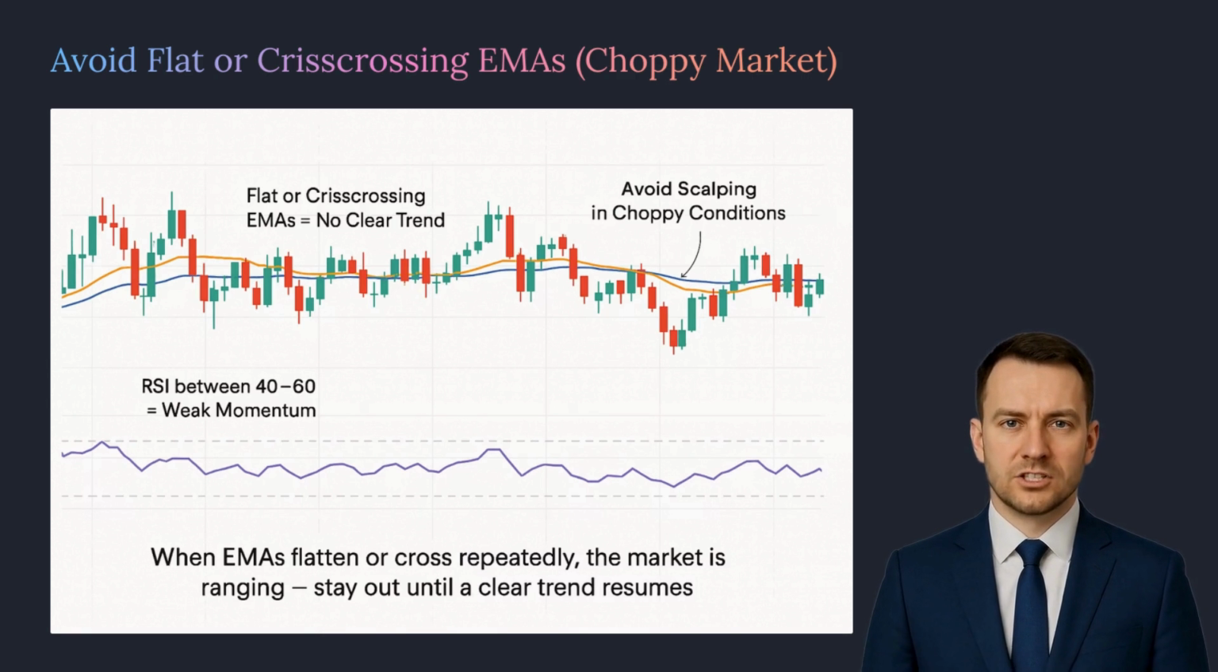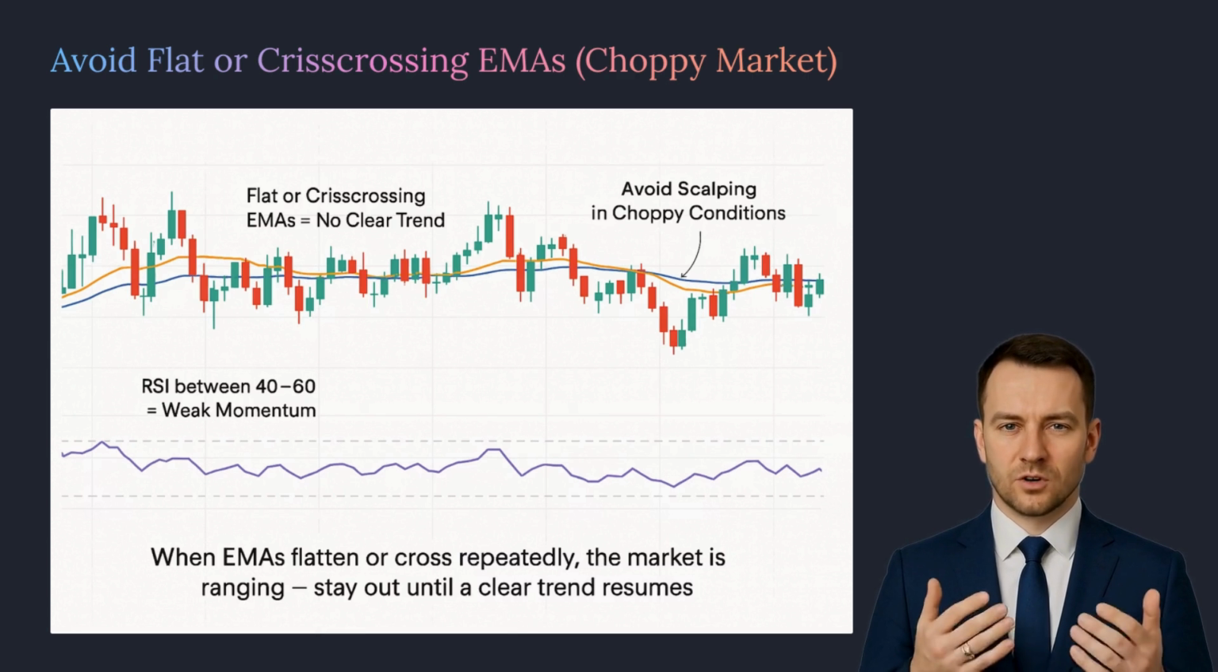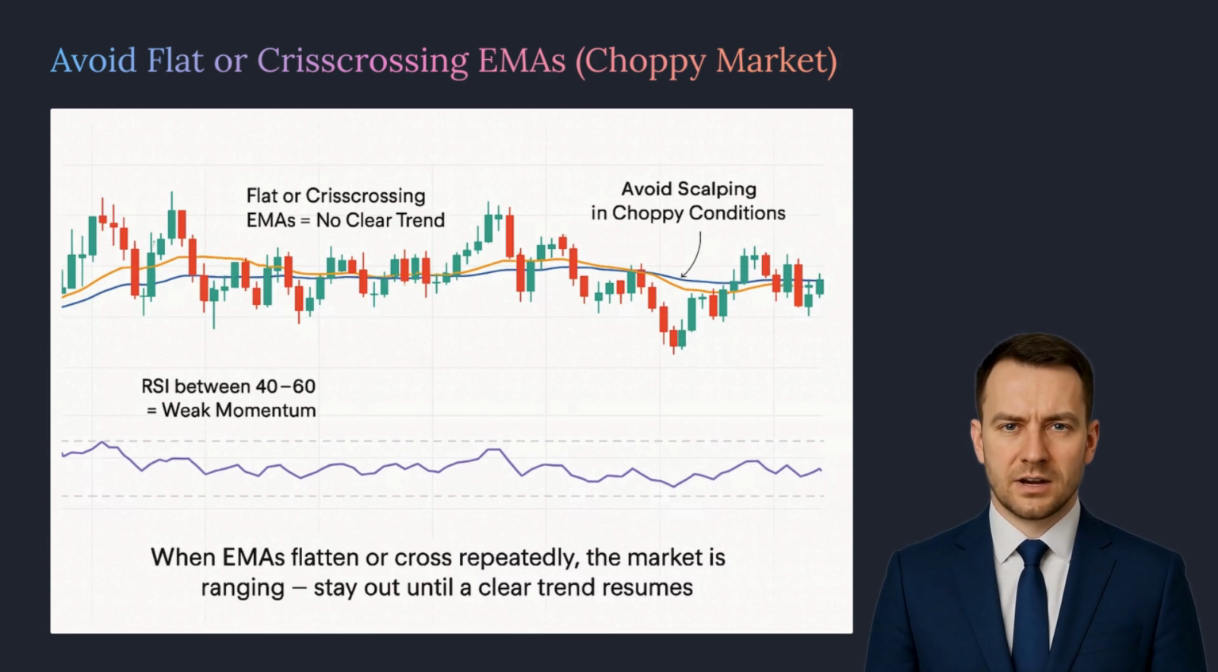Scalping works best in trending conditions. A flat EMA ribbon warns that you might get false signals in a sideways market. It's better to wait until a clear uptrend or downtrend emerges. The RSI will also tend to hover between 40 to 60 during choppy times, reinforcing that there's no strong momentum